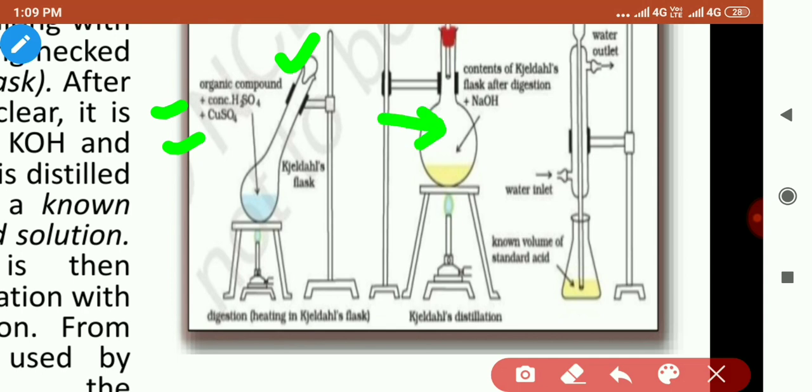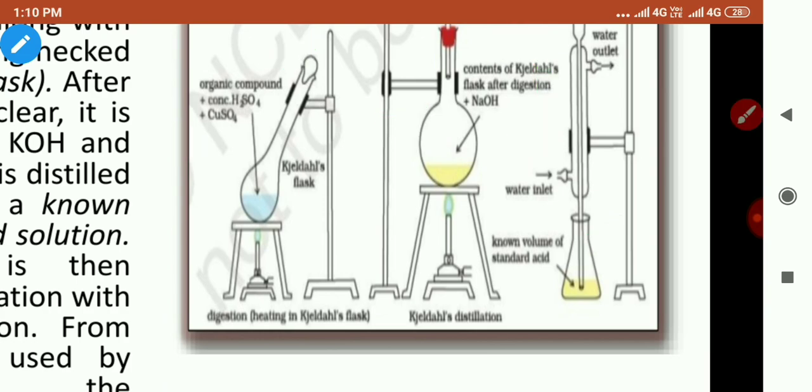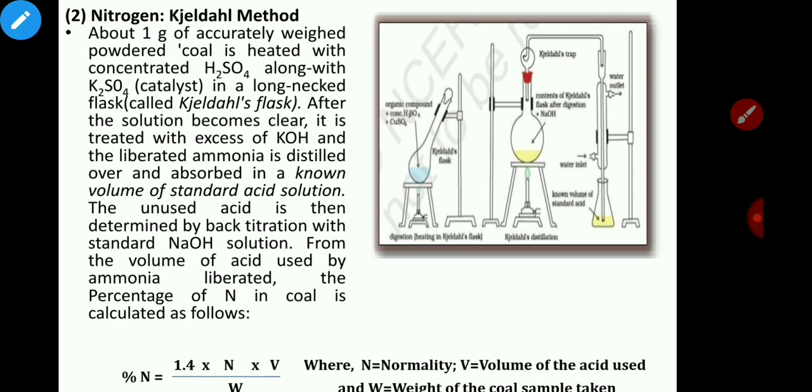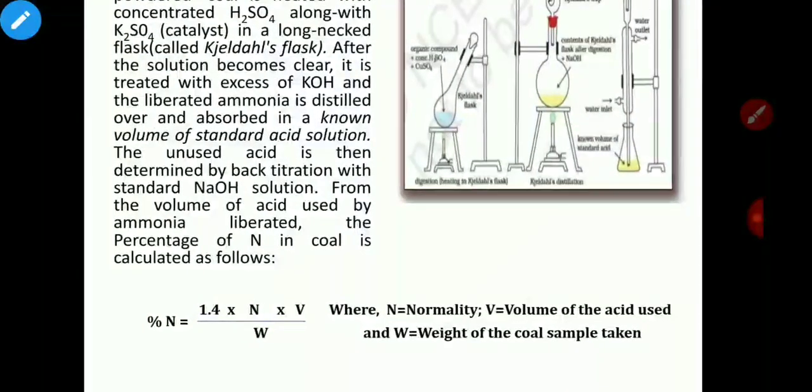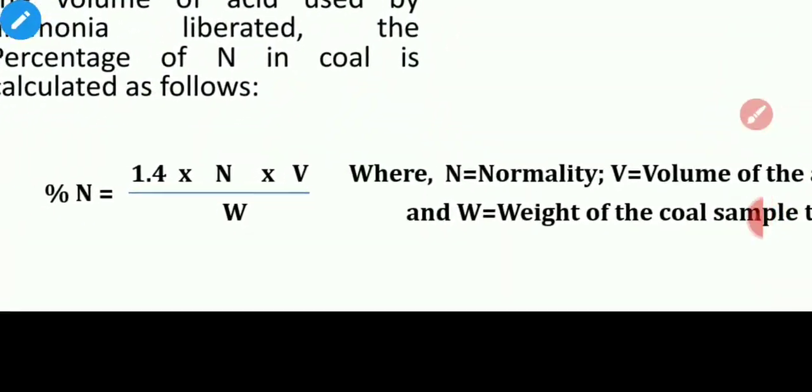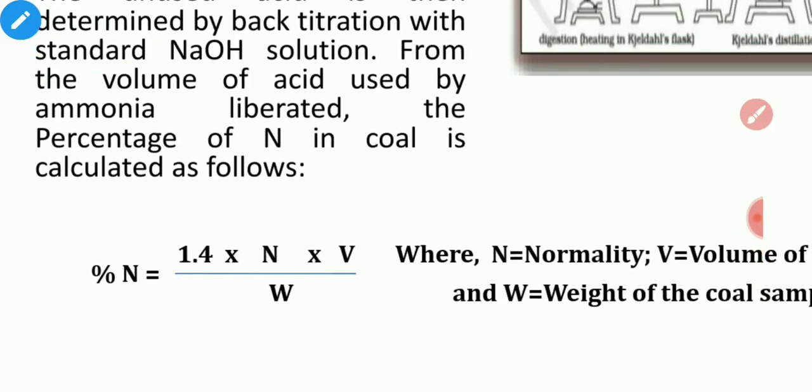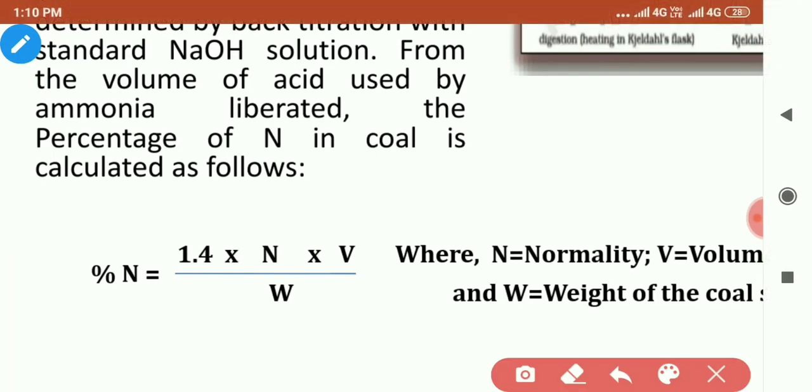the excess of NaOH. It is treated with excess of NaOH, and then ammonia is liberated, and this ammonia is absorbed in known volume of acid. So the volume of acid used is used in the determination of percentage of nitrogen. So what is that formula that we are going to use here? This is the formula. You can see percentage of nitrogen is equal to 1.4 into N into V upon W,